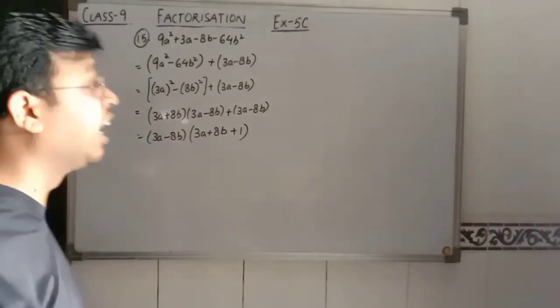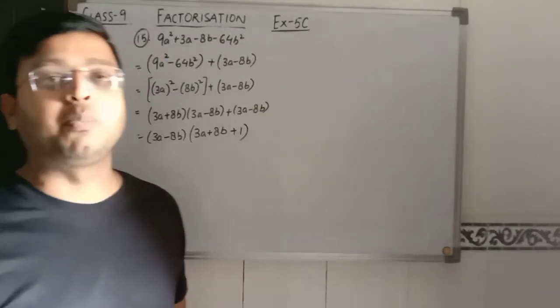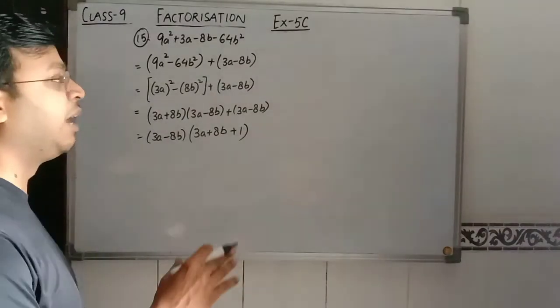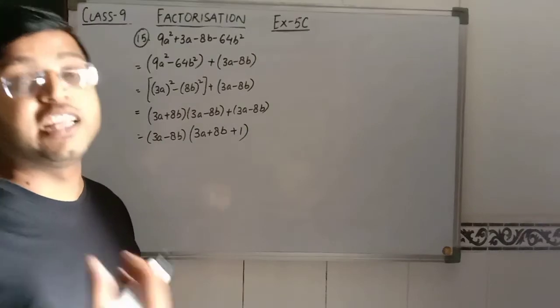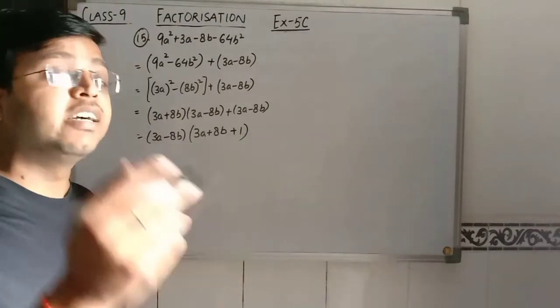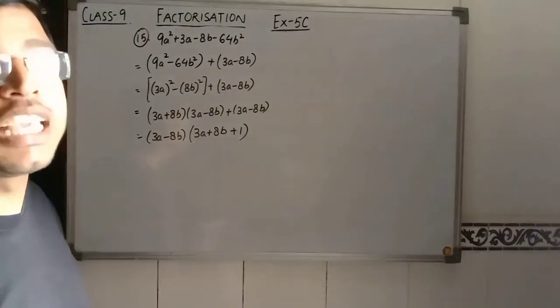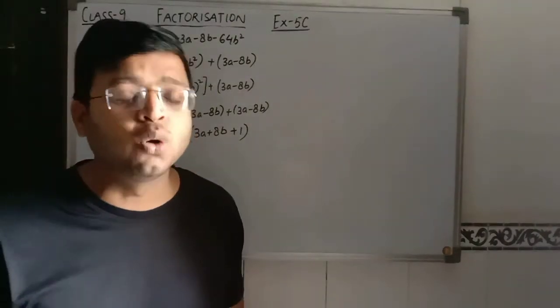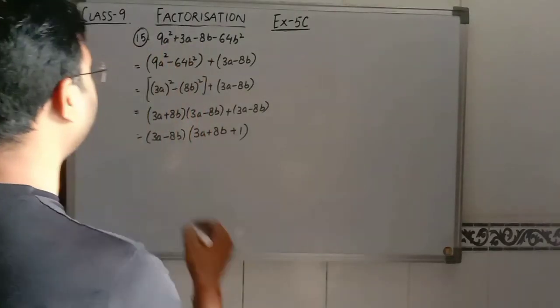So we have to be very careful while we are grouping. It is not like that always grouping will be the same. Sometimes a plus b whole square identity can be applied. Sometimes a minus b whole square identity can be applied. And sometimes, like in this question, a square minus b square identity can be applied. So as I told you, we have to think one step forward to solve these questions.